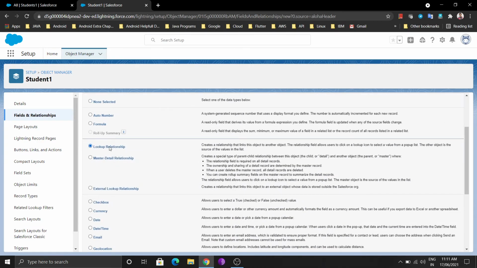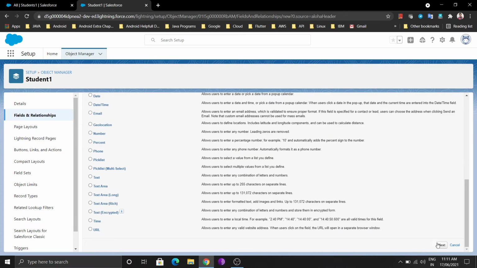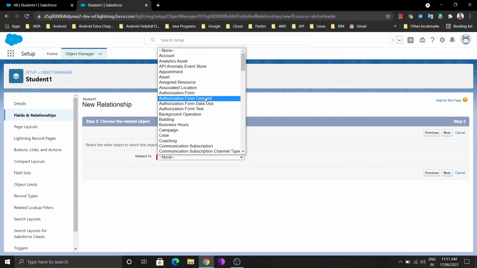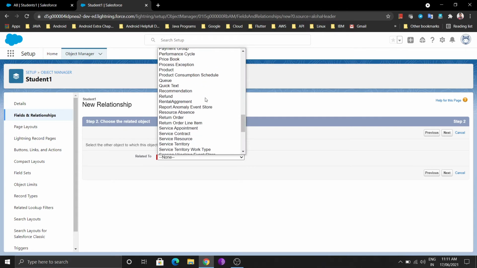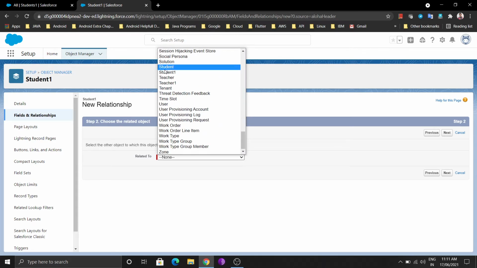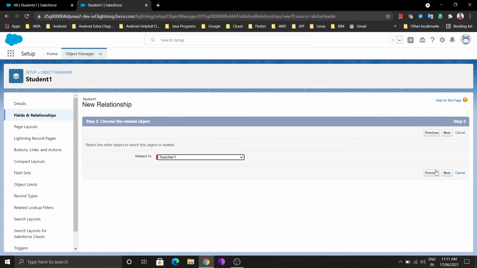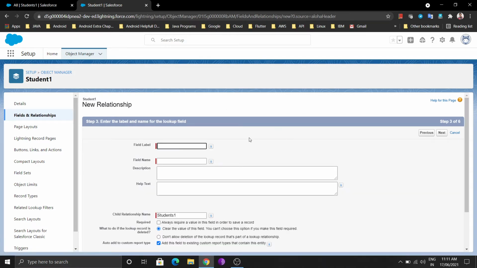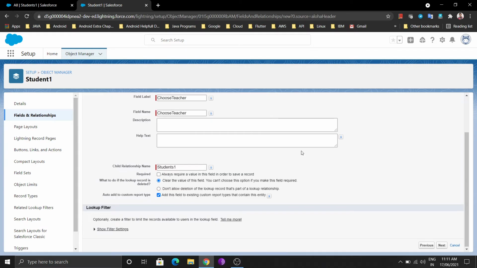So lookup relationship, then click next. For which object are we going to create it? For teacher one. So select teacher one from here, and click next, and then it asks you to provide the label. I am going to give the label Choose Teacher, and it's automatically selected here.